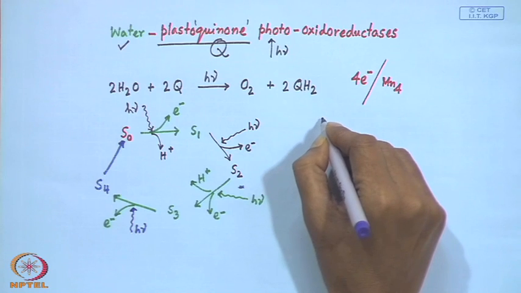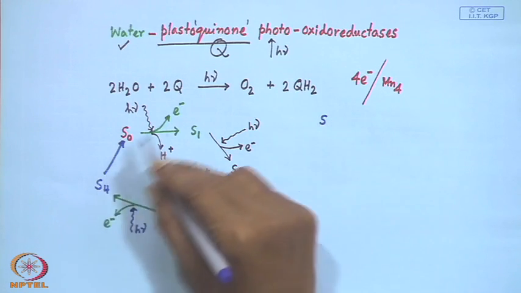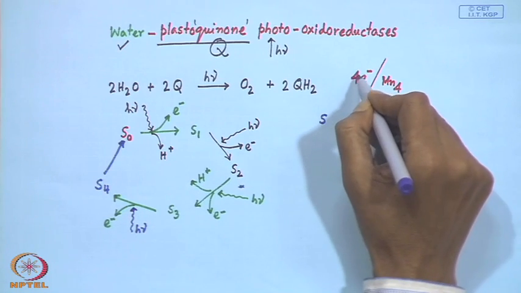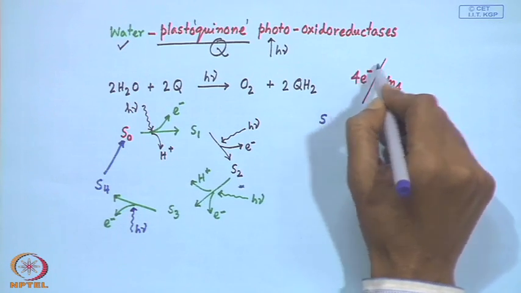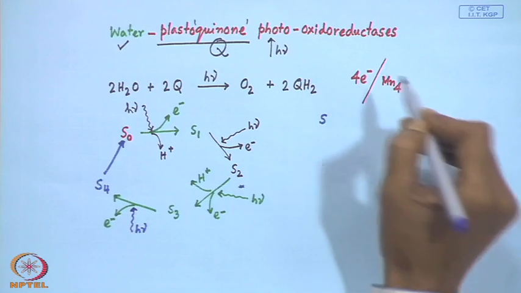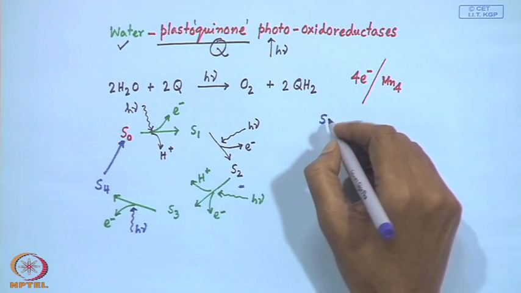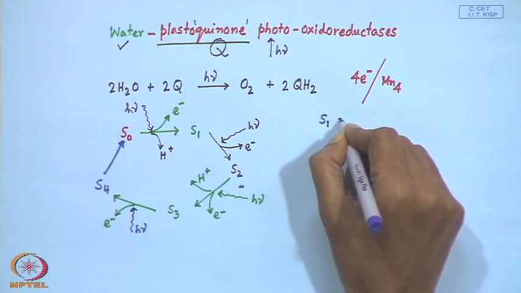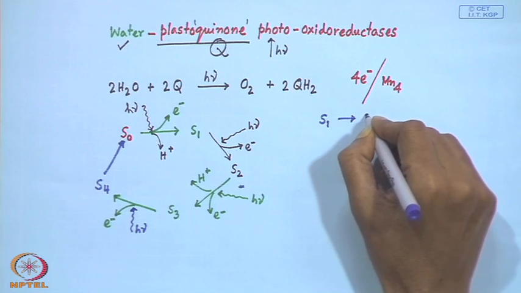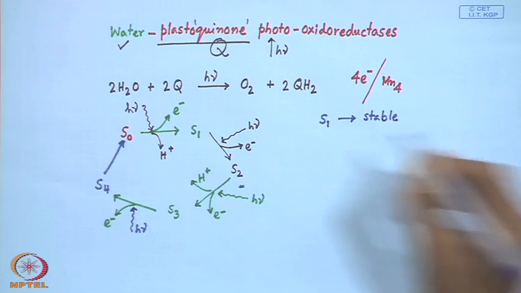But interestingly, among all these 5 species, we are talking about 4 electron transfer. So, 4 electron transfer plus 1 starting species, 1 starting species plus 4 electron transfer giving you 5 states. And out of these forms, S1 is the most stable form. So, this is the stable form